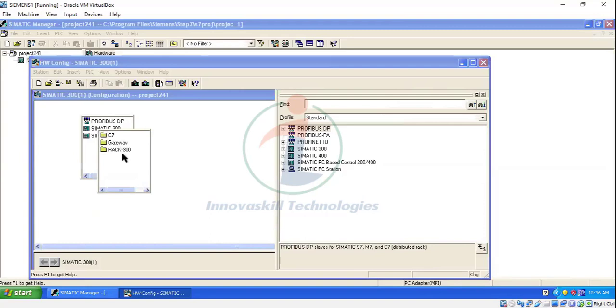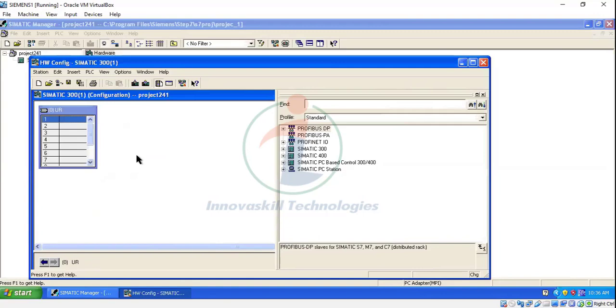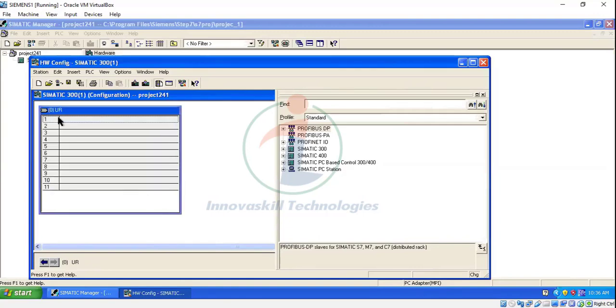After that select rack 300 and after that select rail. After doing that, automatically a rail is appearing with totally 11 slots. So we know earlier, in one rail we can connect up to 11 slots.